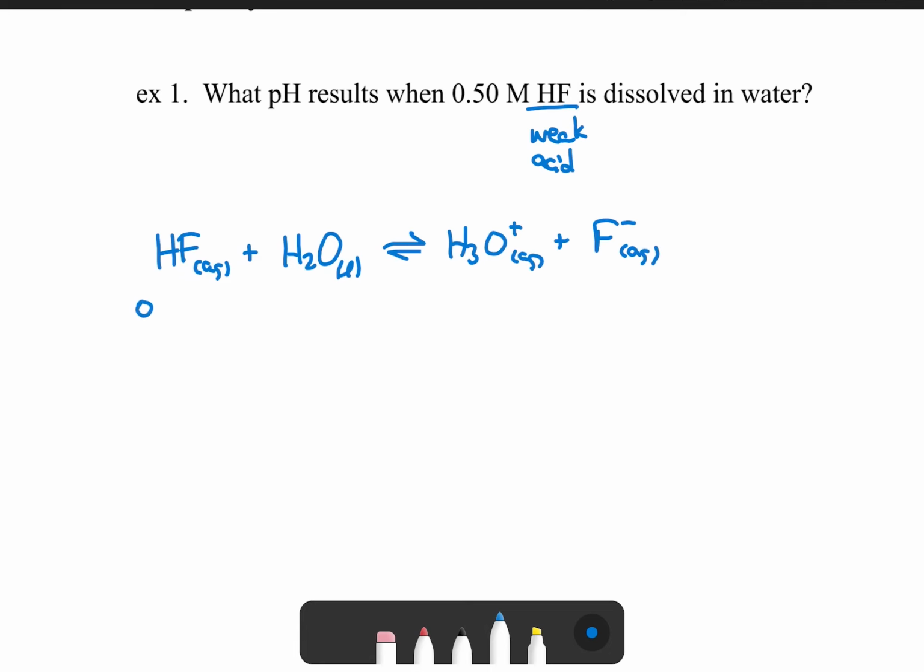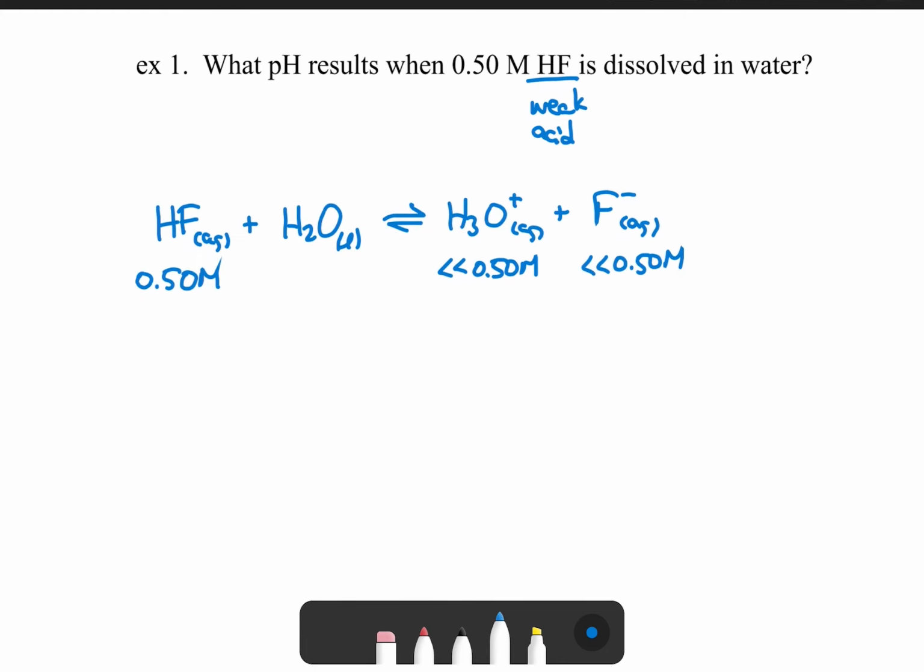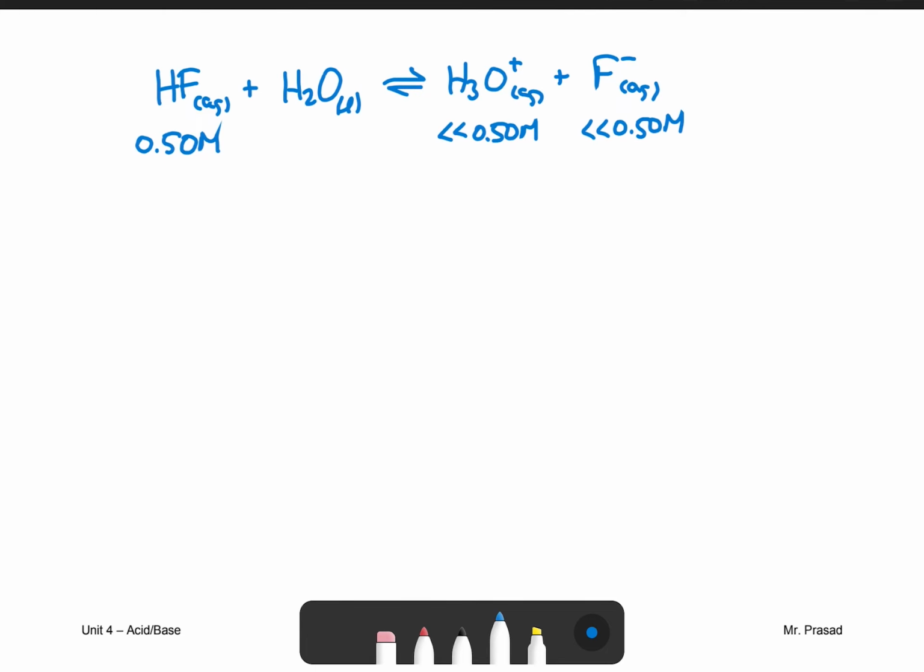We're told that the molarity of the hydrofluoric acid is 0.50 molar. And we know approximately the molarity of the ions, H3O plus and F minus, would both be much less than 0.50 molar. In order to determine the pH of this hydrofluoric acid solution, we need to determine the H3O plus molarity exactly. Therefore, to solve for H3O plus,